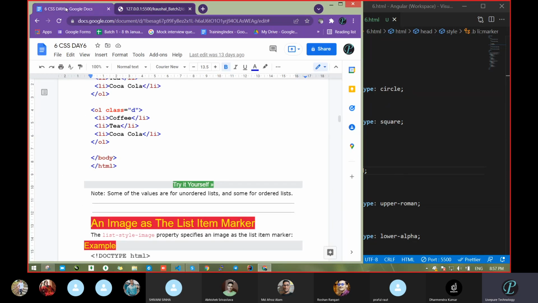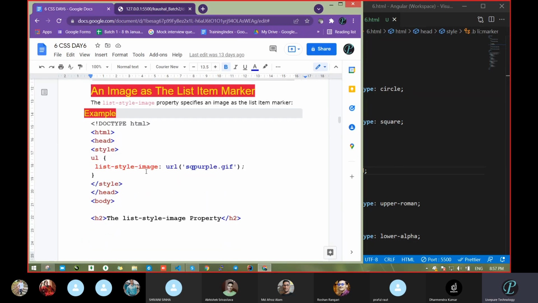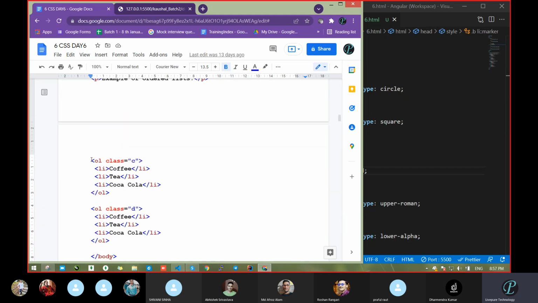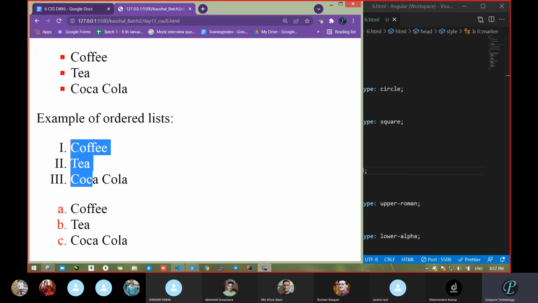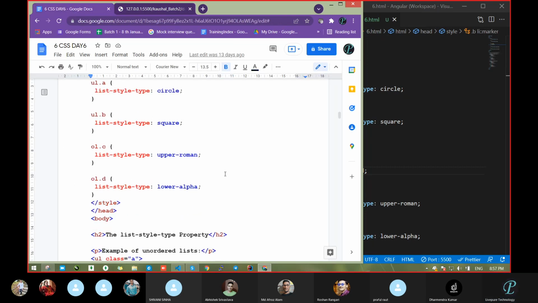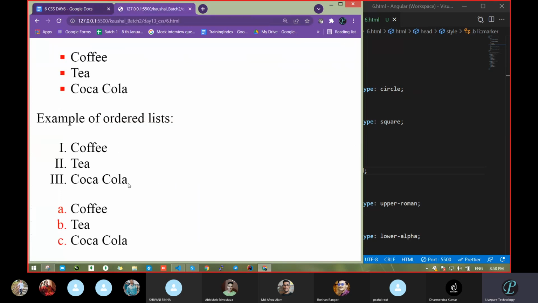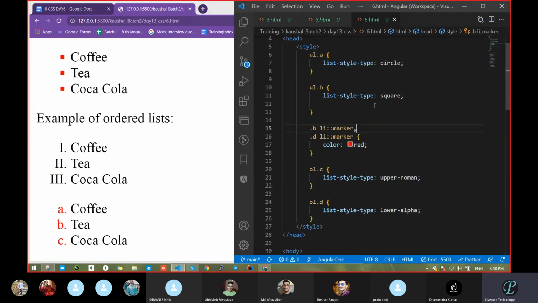The main thing is the list style type. With the help of list style type, we can change different style properties. Which property can we take? One property was circle, one was square. Then upper Roman. What was done with upper Roman? Roman letters came, but in uppercase. Then lower alphabet, in the sense A, B, C, came. This is not lower Roman. If you pass lower Roman, let's see, lower Roman is there.